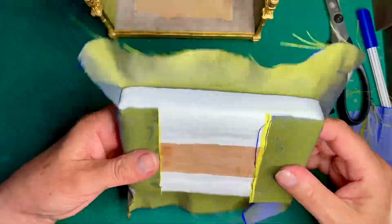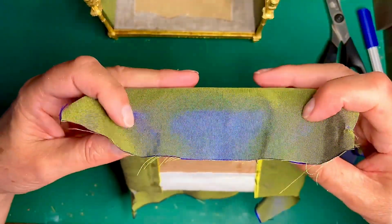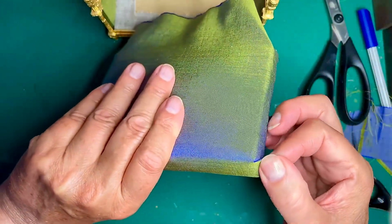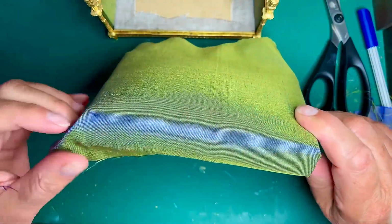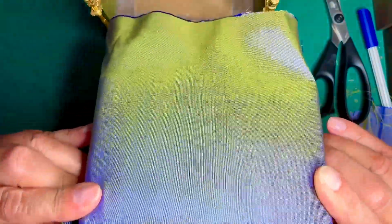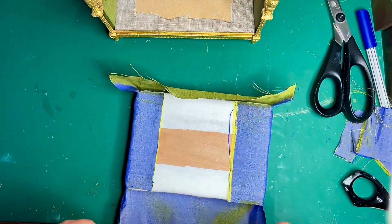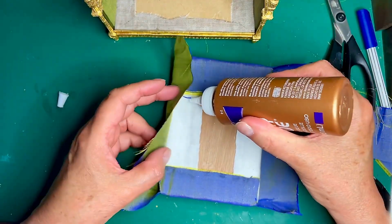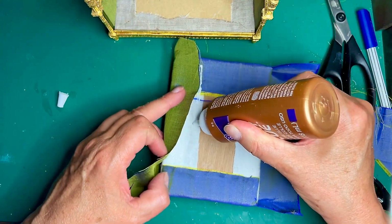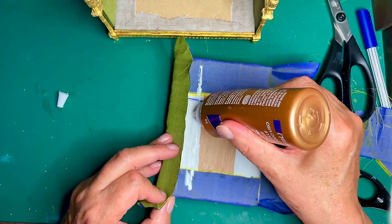So, okay, for a second there I thought I made a mistake, but no, I haven't. Because this is going like so, and then this folds to the side like that, and then I'll have to fold that again. And I thought I made a mistake, but this is the way it's supposed to be. So the next fold will be this one, and I'll glue that. And if I would have made a mistake, I could have always cut another piece of fabric and done it again. Never fun, but